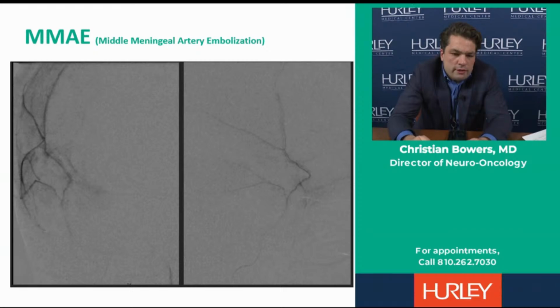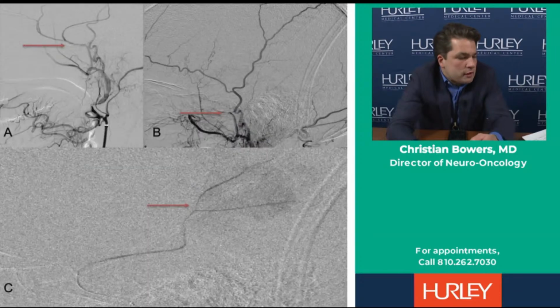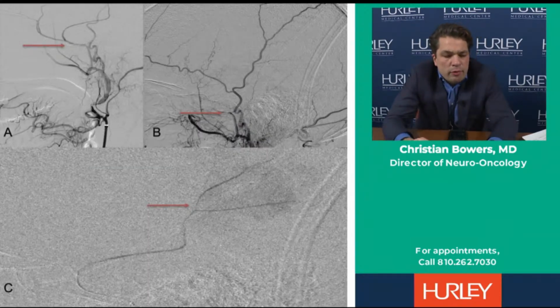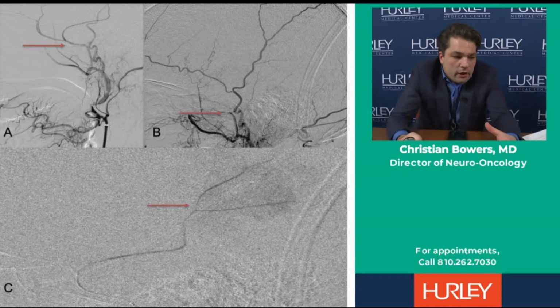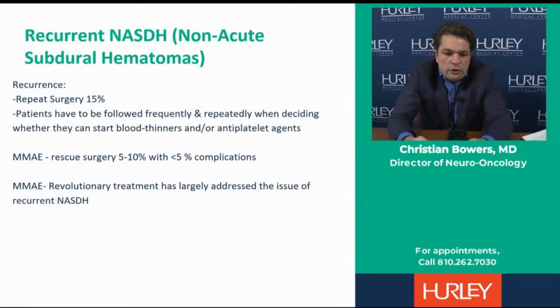Labarge or his team puts these embolic materials in, and then you won't be able to see that vessel in the next run because it's blocked off, clotted off. They can get a good penetration and cut off all that little vascular blush that was feeding that area, that wanted all those inflammatory cytokines, those messengers that were trying to recruit all these blood vessels, and really prevents these from sticking around. So this whole thing is to really try and prevent recurrence of these non-acute subdural hematomas,